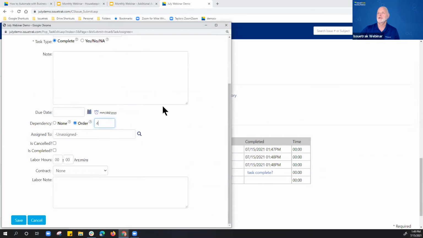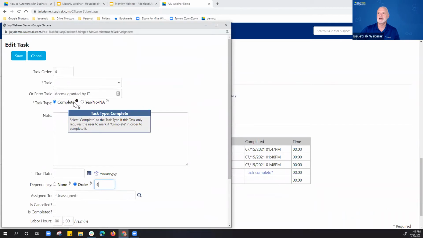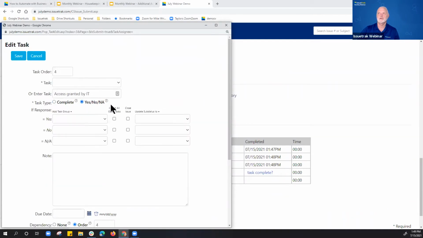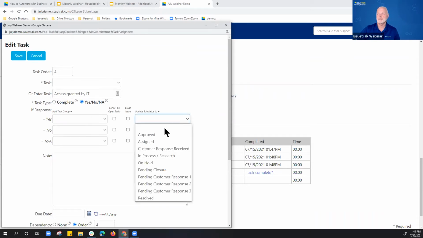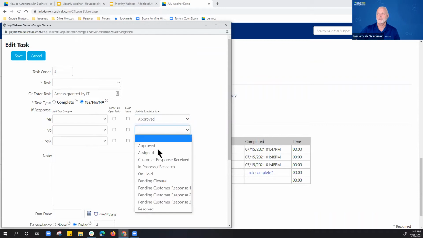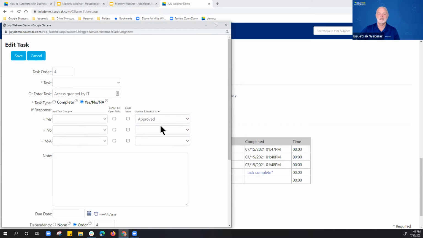The other thing that's interesting in here is that, as Patrick was talking about, we do have capabilities where we can go ahead and change the substatus based off of our yes, no, and not applicable approval statuses. So many times we'll do things like approved yes in here, or rejected, or on hold, or whatever it happens to be. So we can move the issue into a substatus just by clicking the yes, no, or NA